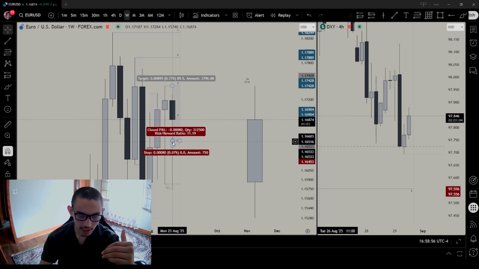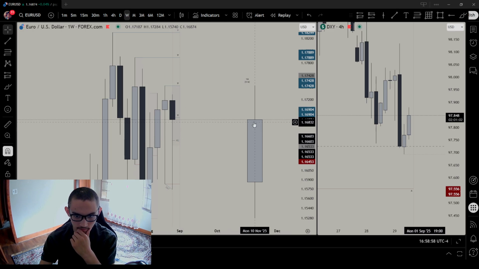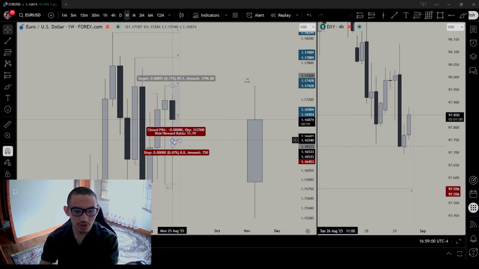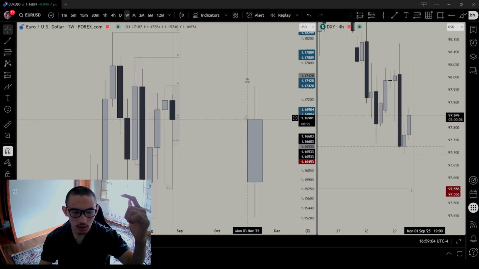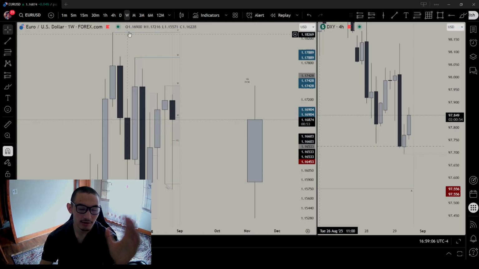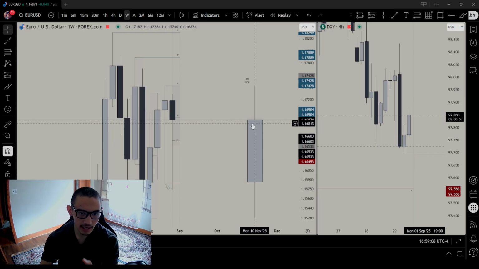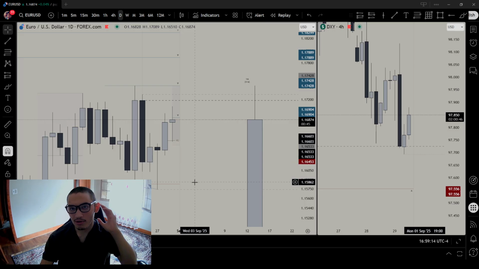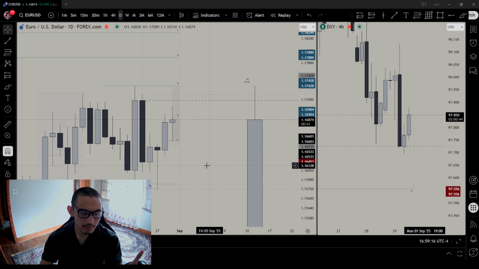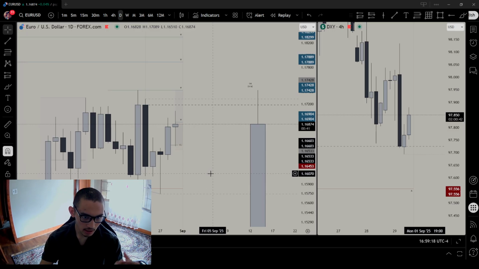So this is the monthly: open, high, low, close, right? On the monthly time frame, when I was trading during this time, it cannot close like that. So it needs to go back up higher and close in a fair price, because it simply cannot close like that, right? Now that gives you more bias, more conviction. This is the nerdy stuff, but if it makes you money, that's all that matters, right?